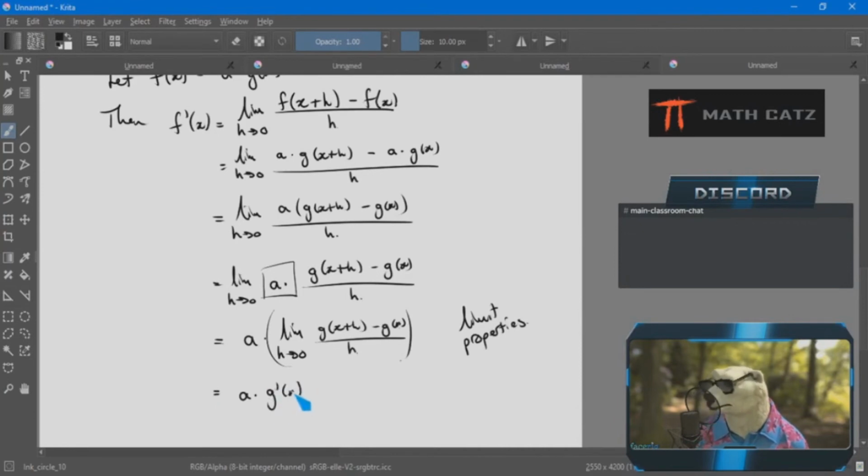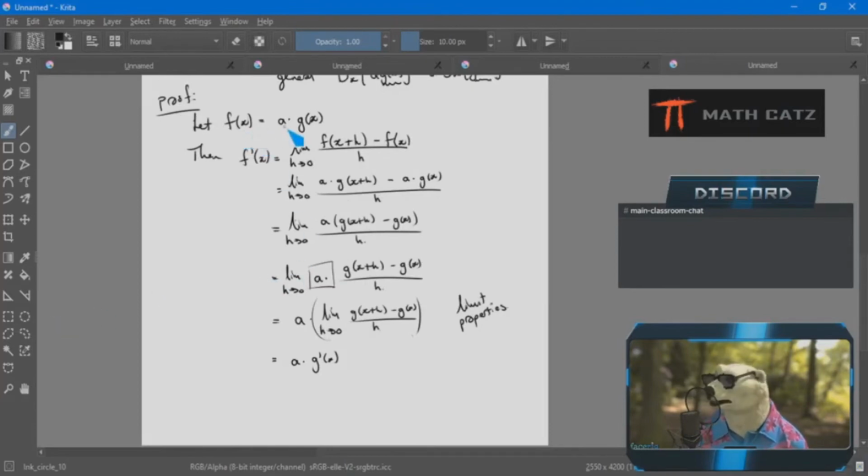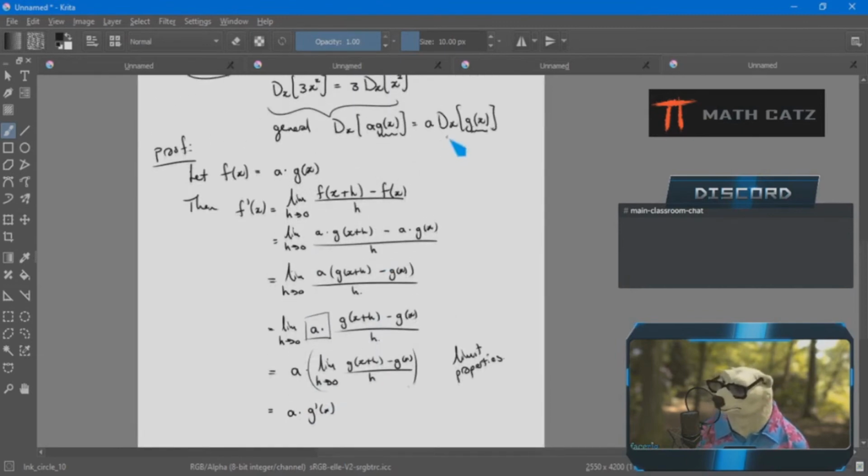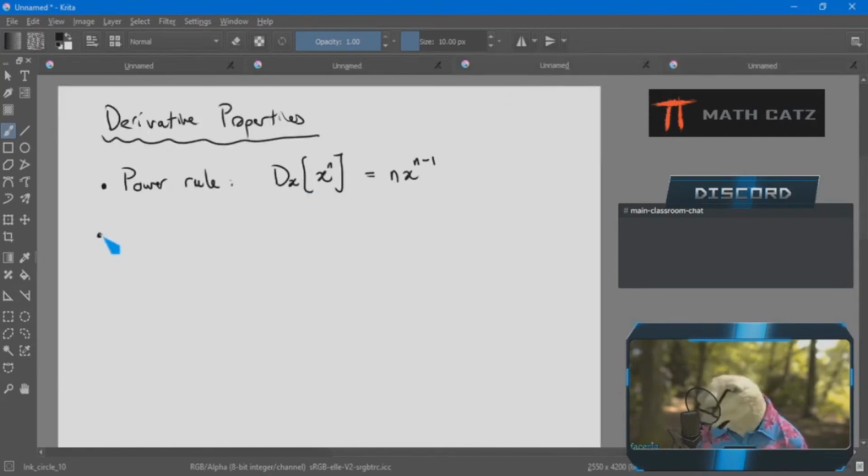Derivative of g. So let me zoom out. If I have a function that's a number times something else in x, the derivative is that same number times the derivative of the x portion. Or in big D notation, up here, it's the same thing. Different notations for the same thing. So that applies when I have a function that is broken up into pieces, some constant, some number, times a function, another function. So I will call this the constant